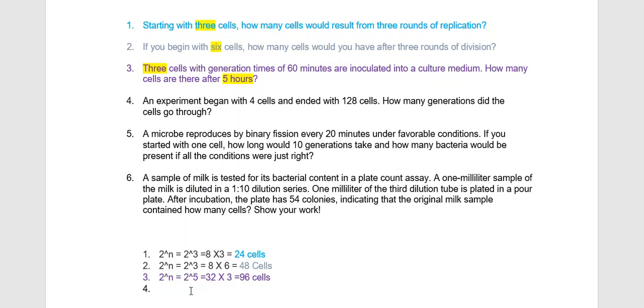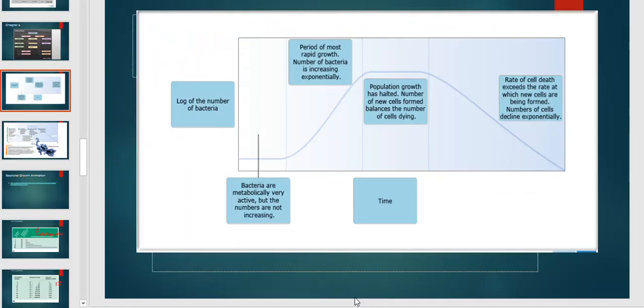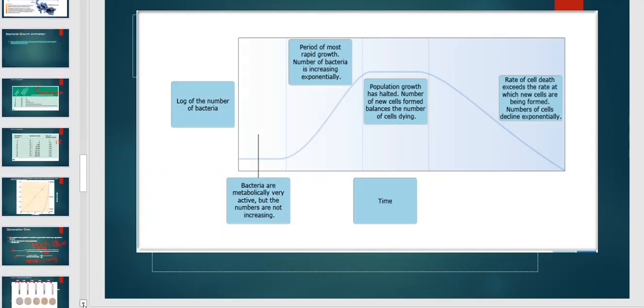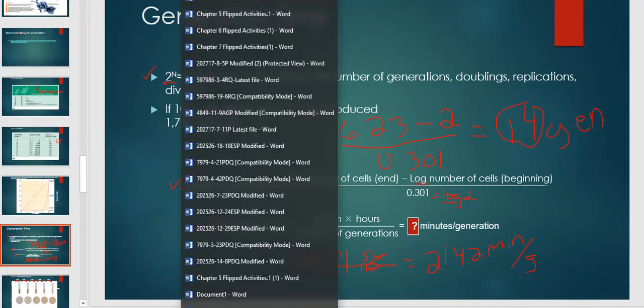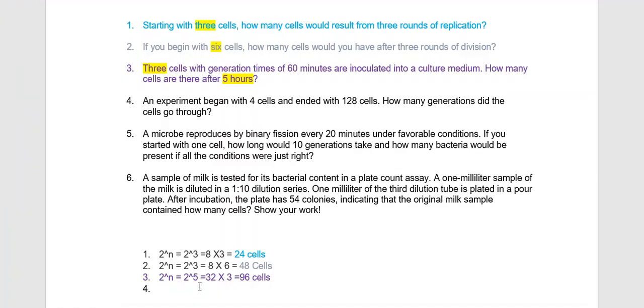But we do have a number of cells at the beginning and a number of cells at the end. So the only formula that allowed us to use that information was this one over here: number of generations equals log of cells at the end minus log of cells at the beginning, divided by log of 2, or 0.301. So we're going to do log of cells at the end, that was 128 cells, minus the log of cells at the beginning, which was 4 cells, and then we're going to divide that by